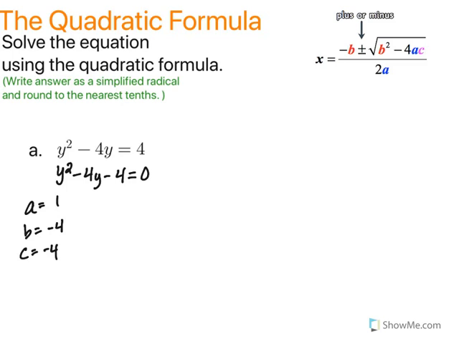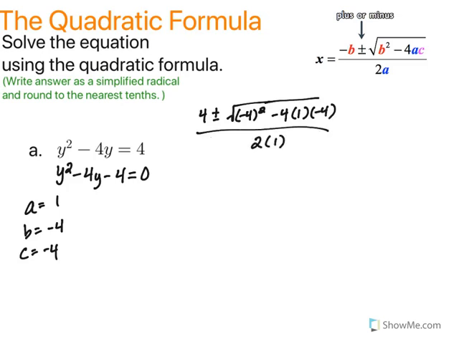Now let's substitute these values into our quadratic formula. For negative b, since we're putting in a negative 4, it's really just going to be positive 4, plus or minus the square root of negative 4 squared minus 4 times 1 times negative 4, all over 2 times a, which is 1. Now let's simplify. So on the outside I have 4 plus or minus the square root, well, negative 4 squared is 16, minus 4 times 1 times negative 4 gives us positive 16, so